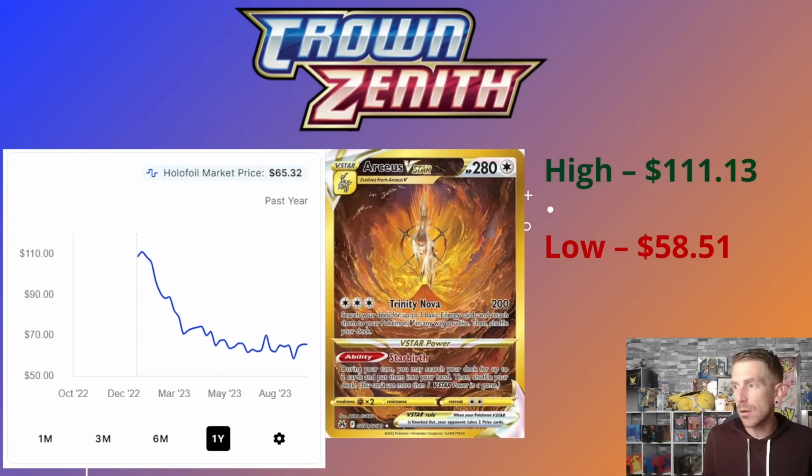from cards like those. So this Arceus V Star did get bought out opening weekend of Crown Zenith and started climbing up in price quite a bit before just dropping down. You can see its $111.13 high point in January, got bought out on TCG Player opening weekend, and then really started to trend downward and downward and downward. You can see it hitting $70 already in March, and now it's sitting at $58.51 a few weeks ago as a one-year low. It's rebounded a little bit, sitting at $65.32, but still way cheaper than what it was during